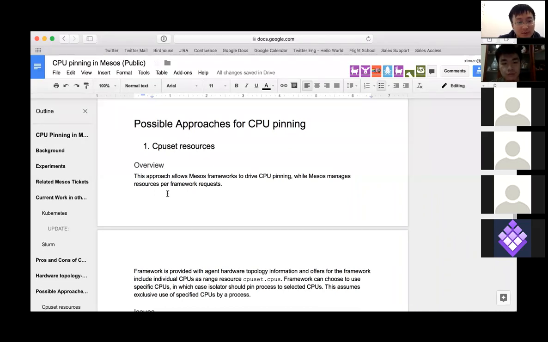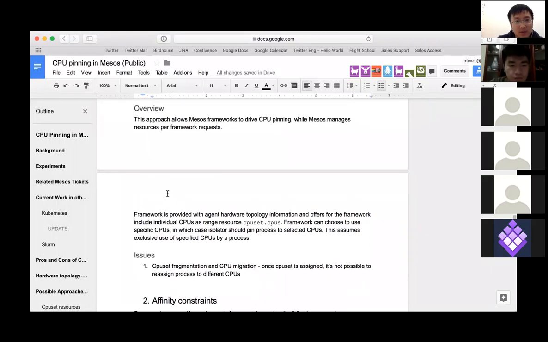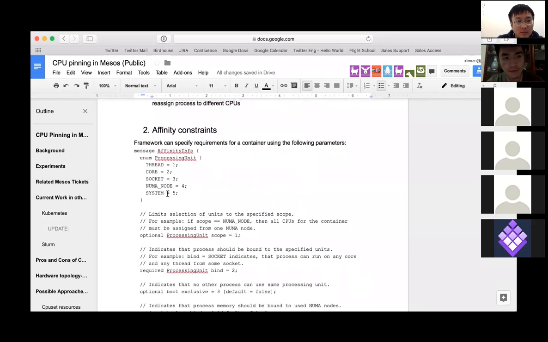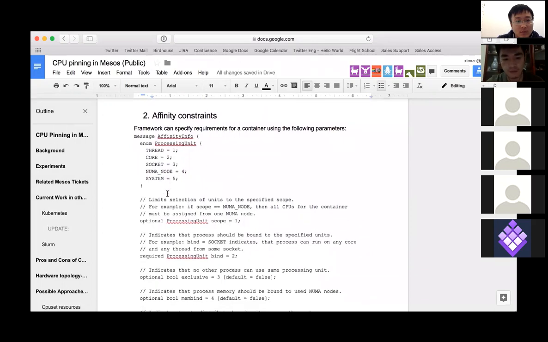Okay. But it works if you have uniform workload and you don't want to change your framework, but you really want to use this, then it works. And then if you have different workloads, different machines in the cluster, then you're in trouble. Then the next approach is